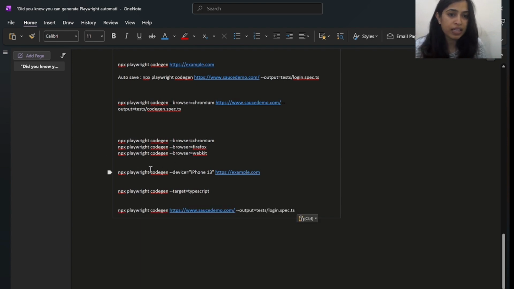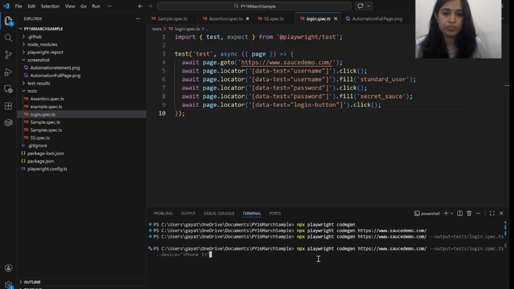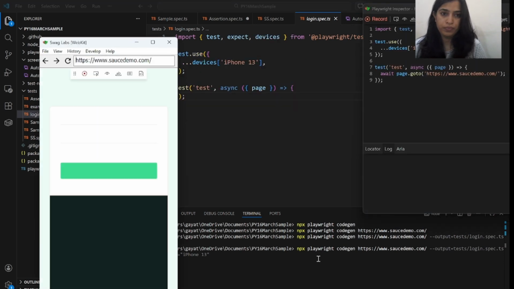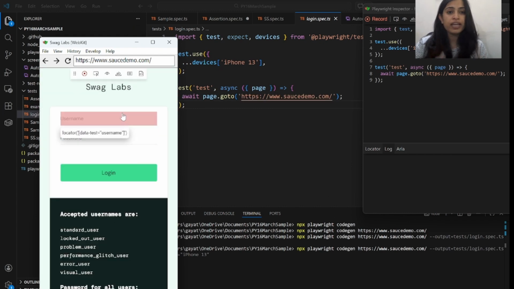We can say codegen hyphen hyphen device iPhone 13, like this. So it's launched, and the browser is launched the way it will look on the iPhone 13.